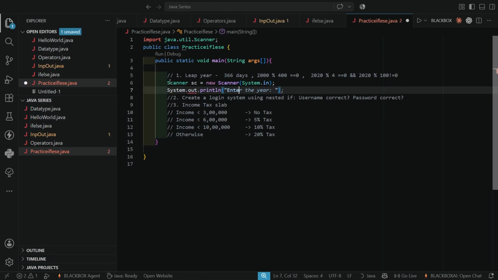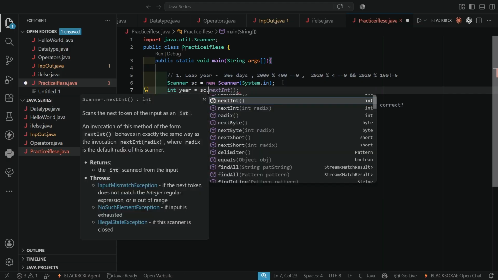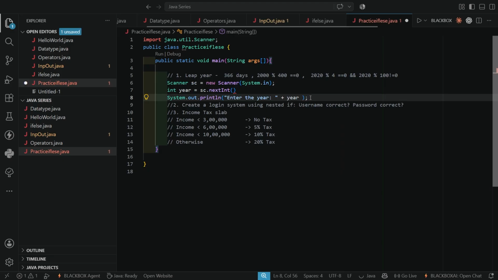Prompt the user to enter the year. Now I have to declare it, c.nextInt.